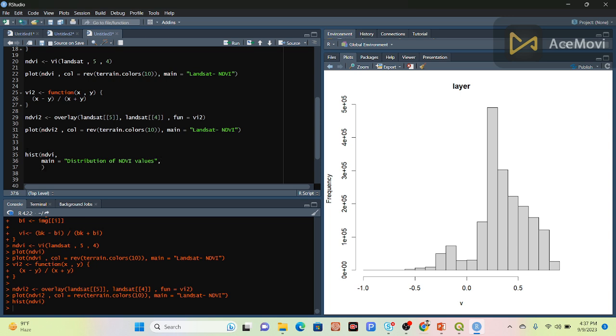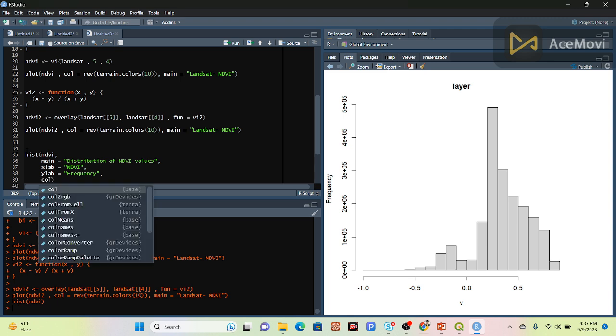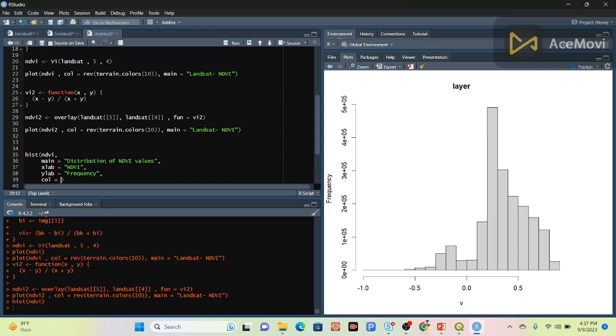I also put another thing, suppose xlab, mainly the X axis. It's showing the result for NDVI. And ylab is showing the result for frequency, so we use frequency. After that, after ylab, we can set the color. We can use any color for the bar column chart. We can use, suppose,